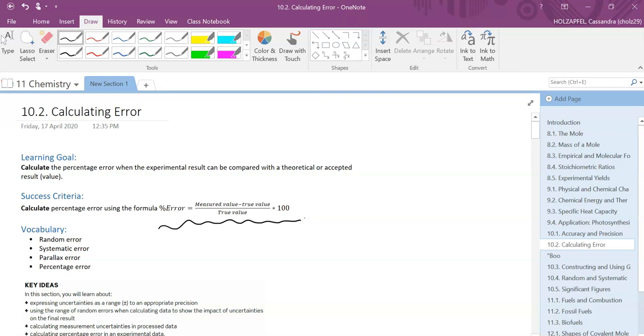Now, if you didn't know, my first name is Cassandra, and that's actually of Greek origin. And Cassandra was a prophet. And I always tell people I'm a psychic and they don't believe me. And you know what? Cassandra of Troy, she had the exact same problem. She was a prophet, but the gods cursed her so that no one would believe her. And so she actually predicted the downfall of Troy. And she said that if you do not listen to me, Troy will be fallen by tomorrow.